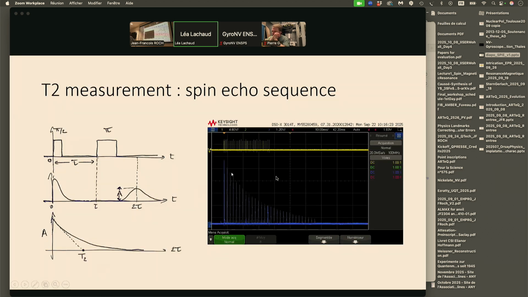The amplitude of the echo describes a decreasing curve like this, and this time the characteristic decay time, the relaxation time, is rather 15 milliseconds, something like that, right? So way longer than the T2 star, 200 microseconds, that we observed previously, right? So this is how we get a T2, which is only reflecting the interactions between the spins,